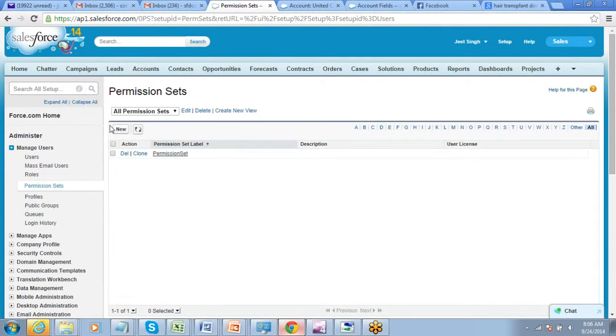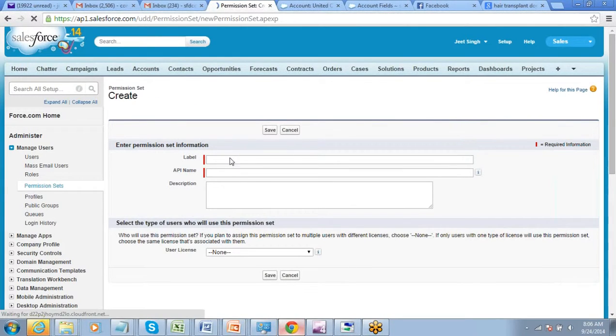Then you can define a new permission set, put a few permissions in this, call it my permission set, whatever, give it a name.